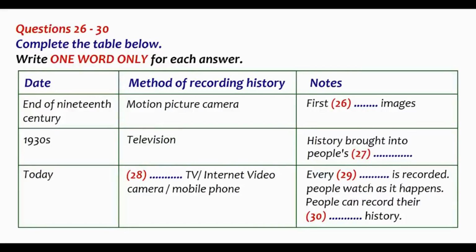I'm sure you'll agree that the transition from storytelling to what we have today has been dramatic, and I hope that...